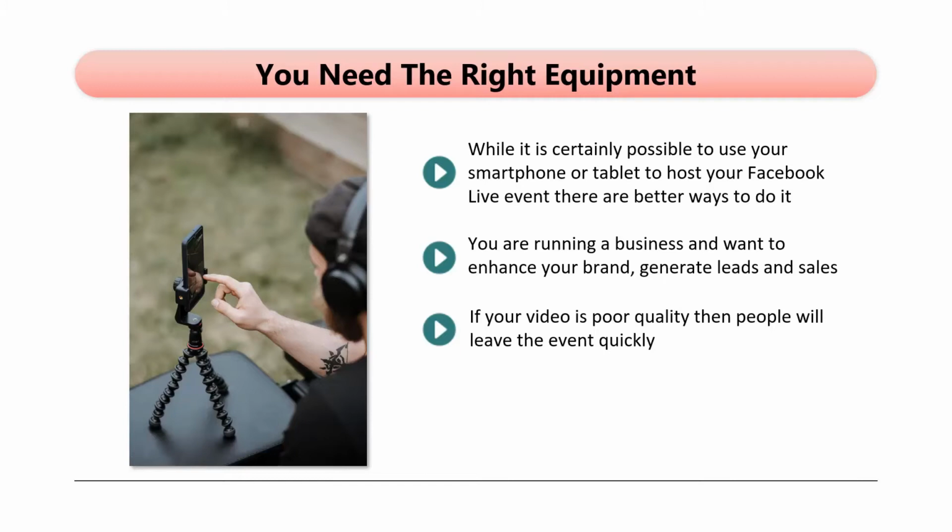Some guides suggest that you can use the built-in webcam and microphone in your laptop, but these tend to be of inferior quality. Be prepared to invest a little in good recording equipment. You can get a HD quality webcam for around $50 these days, and a good quality USB microphone for around $100. Then there is the lighting in your home or business premises. Poor lighting will diminish the quality of your Facebook Live event, so invest in good lighting for less than $100.